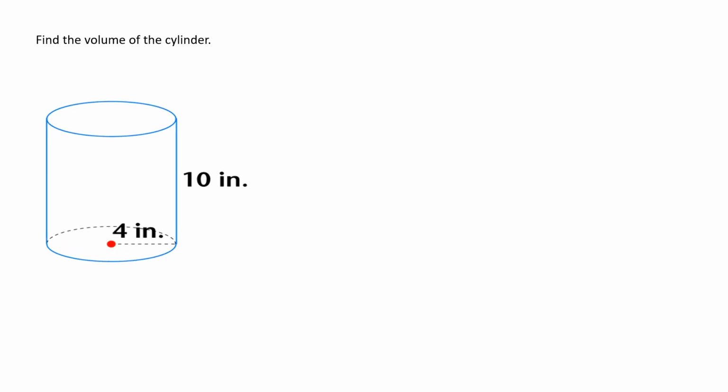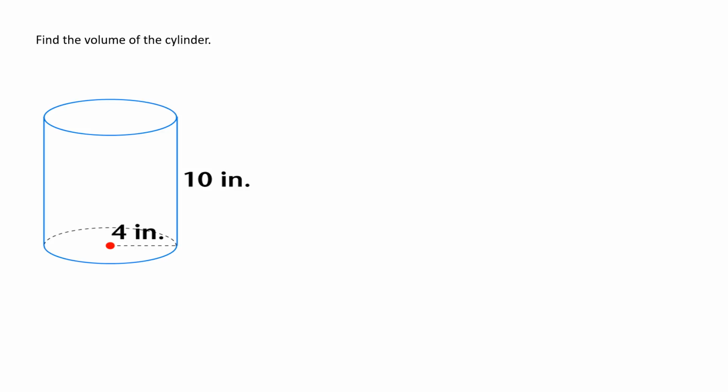Now we're going to look at cylinders. Here we want to find the volume of the cylinder, circle on top and bottom. We have a radius of 4 inches and a height of 10 inches. If you've forgotten about the area of a circle formula, it's pi times the radius squared, which means we take 4, which is our radius, we square it, that's 16, and we multiply by 3.14 for pi. We do that to make sure that all the calculations are the same for every single person. So 16 times 3.14 gives you 50.24 square inches. Our height is 10 inches,